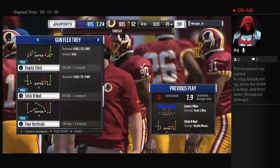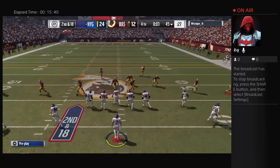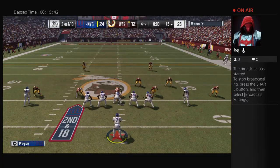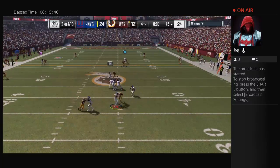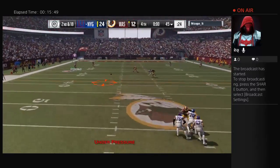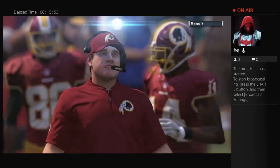Quan Alexander in there to get him his second sack now of the afternoon. Out of the gun, they'll look to throw. Surveying the field. Muscles him off. And it's incomplete. Still throwing to the very end. But now this game